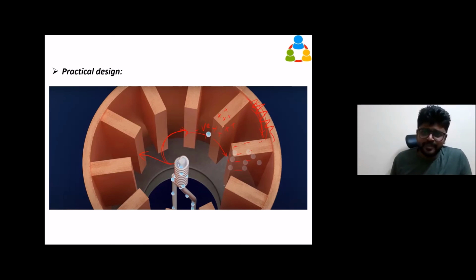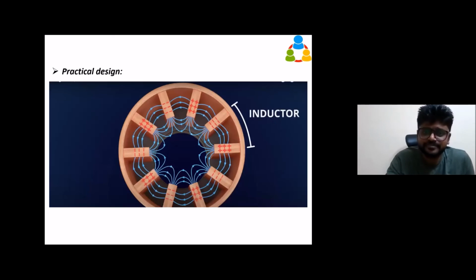But here, when I created this field, what about these cavity surfaces? This positive charge will ensure the creation of negative charges on the surface here also. This negative will create positive charge on the surfaces. Like that, all the cavity surfaces will be charged because of a single electron movement. All the surfaces will be oppositely charged, positive and negative. And this acts as a pair of capacitors. That is what we are seeing here.